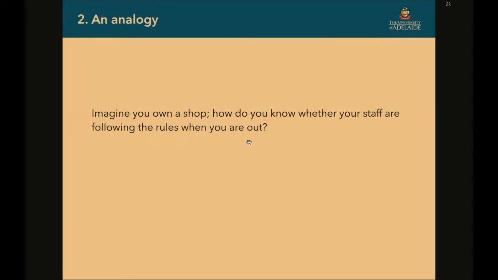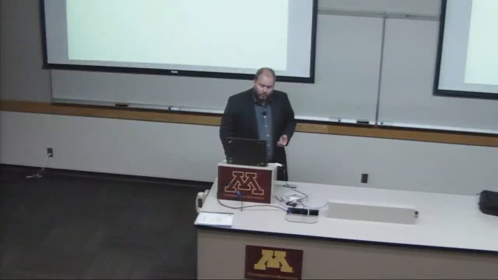Now, to go with an analogy that's just with people rather than machines, imagine you're owning a shop and you think that someone at your information desk is breaking the rules somehow and giving people false information and sending them somewhere strange. You can have a look while you're in to see what people are doing, but you've got no idea what they do when you go home.